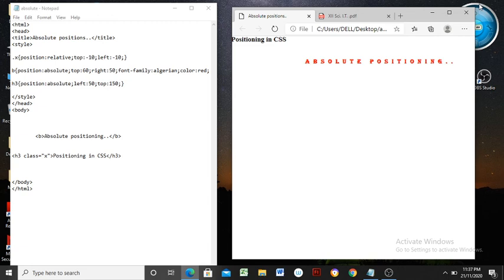So basically there are 4 types of positions we have seen practically as well as theoretically, as a part of the syllabus in this topic. First type is static positioning, second type is fixed positioning, third type is relative positioning, and the fourth one we have seen currently now, that is absolute positioning. So these are the types of positioning. We have seen this theory as well as practically.